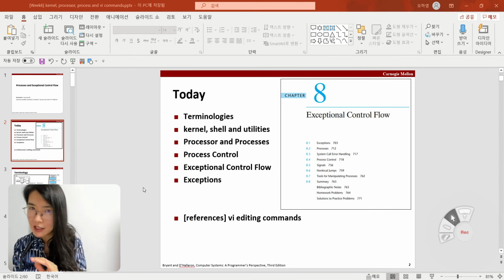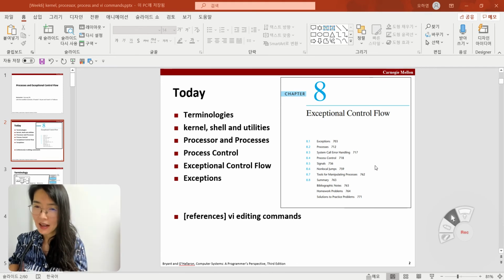As you can see on the right side, the chapter 8 of our English textbook, I modified my materials with chapter 8, but I tried my best for helping the non-major students with the processes concept first, and we will go to the exceptional control flow. So I changed the sub-chapters of the original chapter 8 of our English textbook,